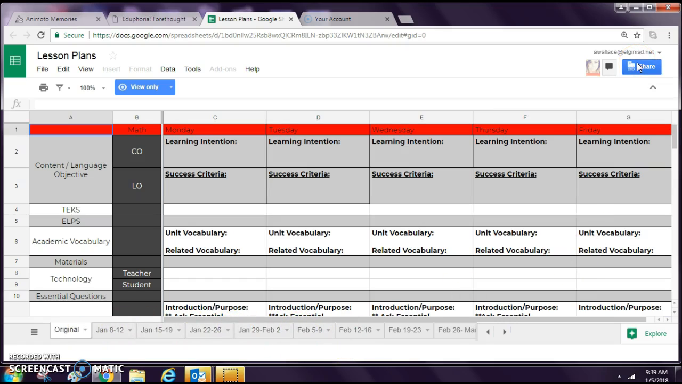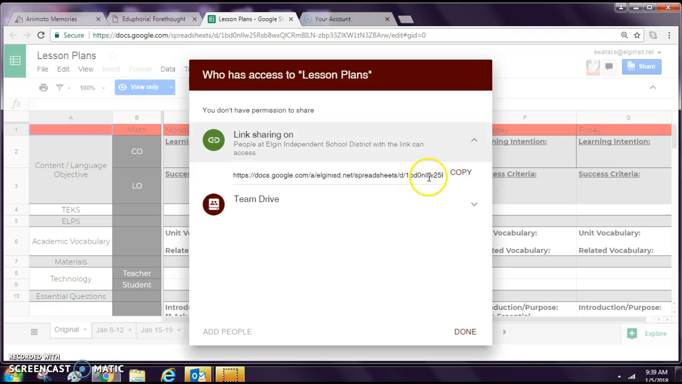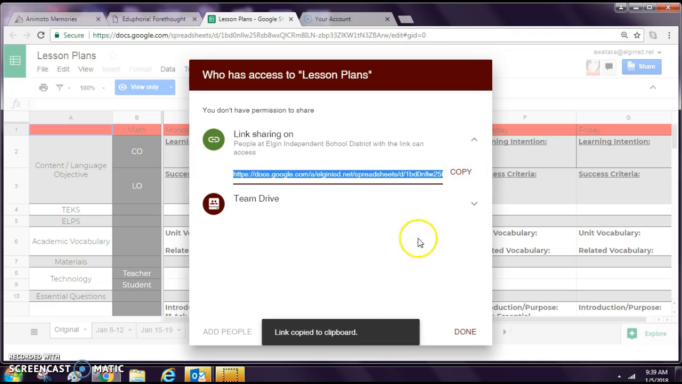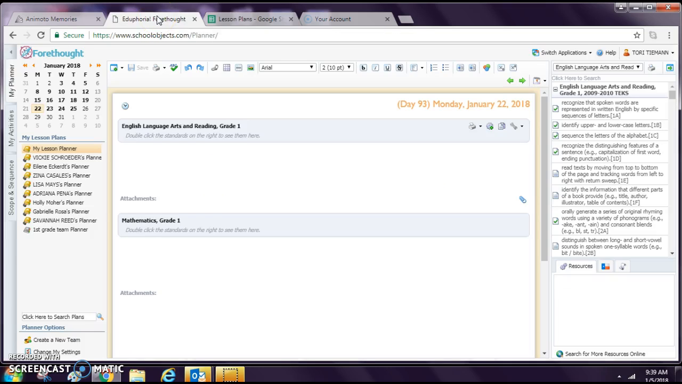You're going to go to Share, and underneath Share you're going to hit Link on Sharing. If it's not on, it needs to be on, and then you're just going to hit Copy. It's already copied it. Then you're going to go to Eduphoria, and you're going to click on whatever week you're